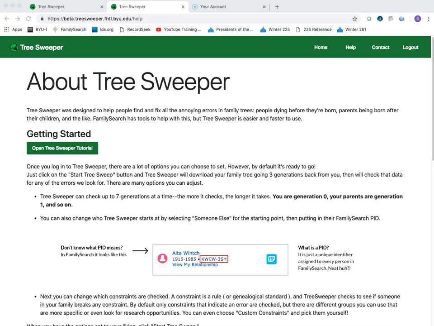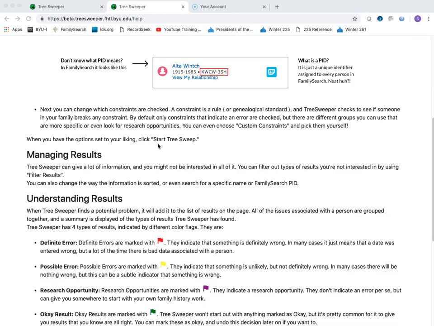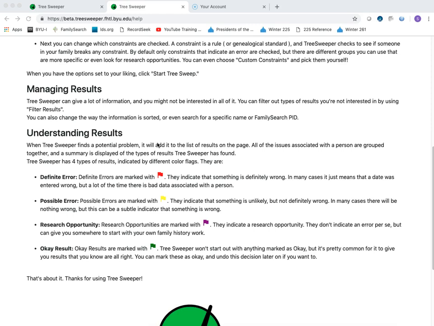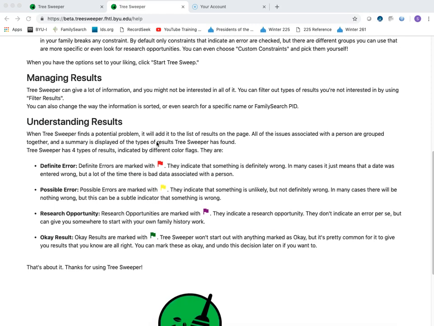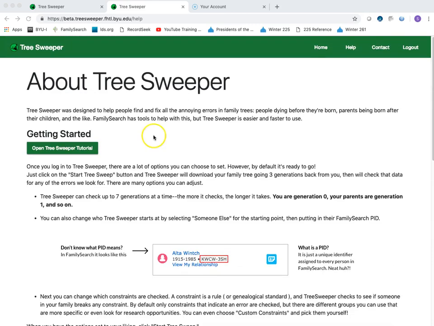For those of you who used to like to use Find a Record to help clean up your tree, there's a new program that replaces it called Tree Sweeper, put out by the Family History Library at BYU. I'm not going to take you through all of the introduction and tutorials on it. If you read through, you'll see that there's a lot of guidance about errors and helping you find the mistakes in your tree. But I would just suggest that you go to this address,